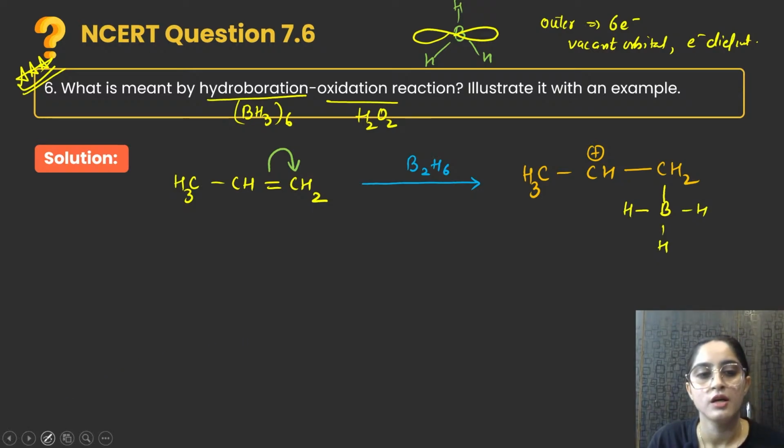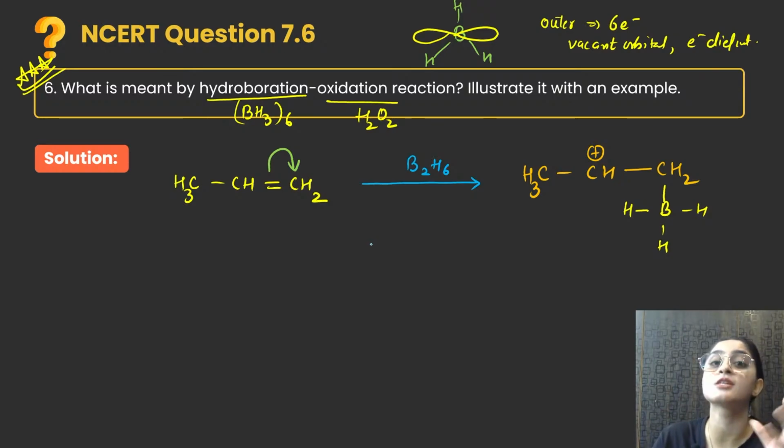Now, beta, we will think, okay ma'am, now what to do? Boron was neutral when it had 3 atoms. Now it has more than 3 atoms, right? So whenever something has more than the number of bonds that is expected from it, it becomes positive. So it will become positive over here, okay?